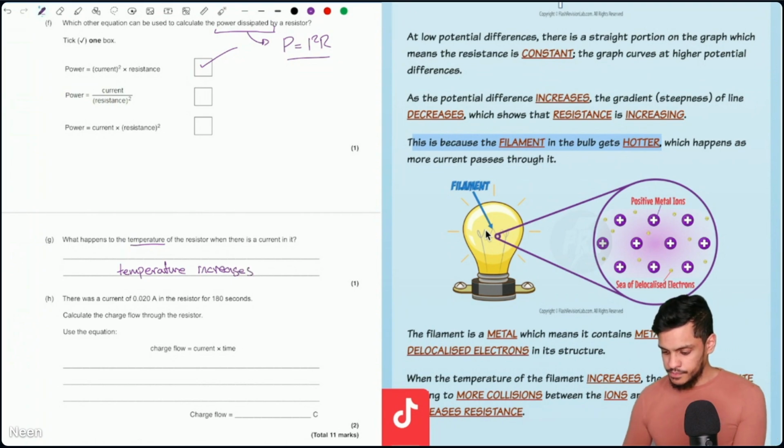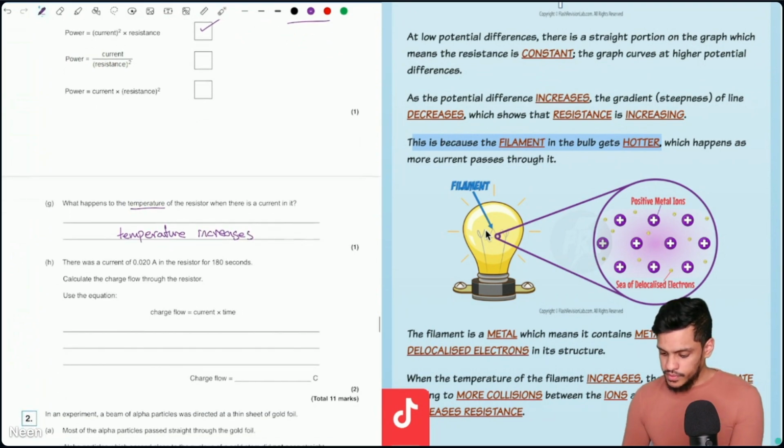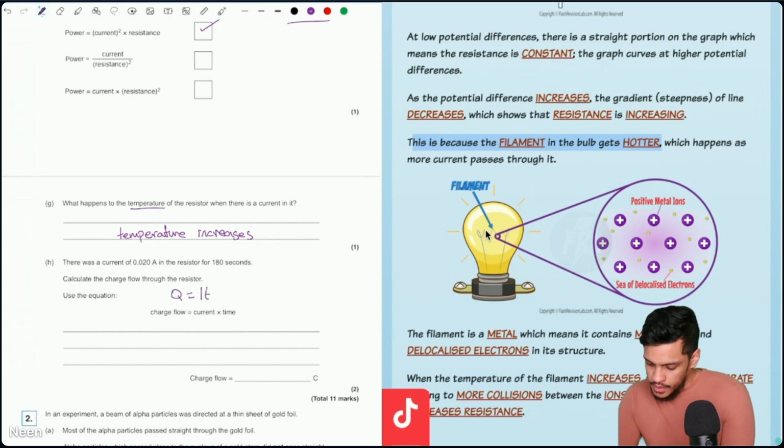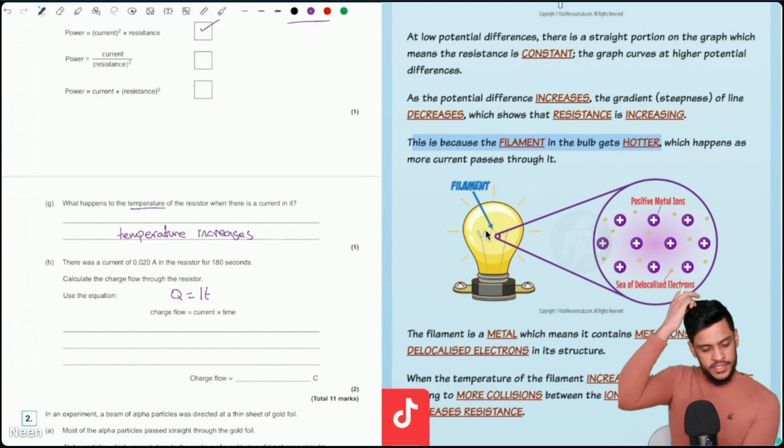Temperature increases. Next question, we've got another calculation using the equation Q equals IT. You don't really get what a resistor is. Okay, a resistor